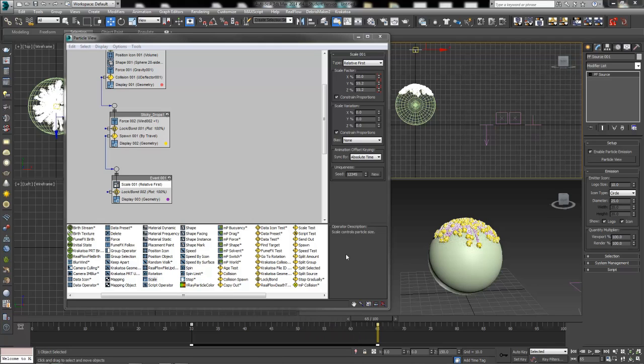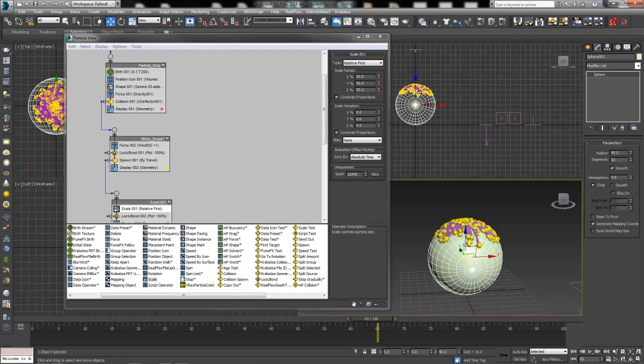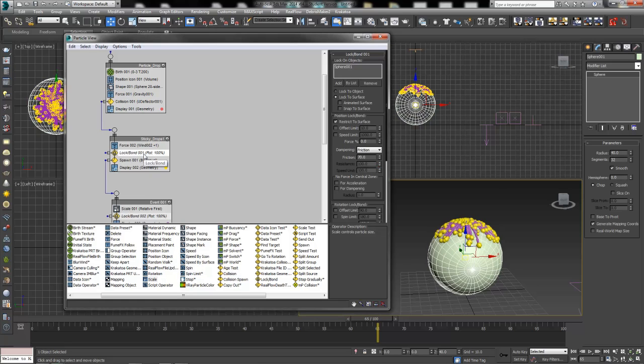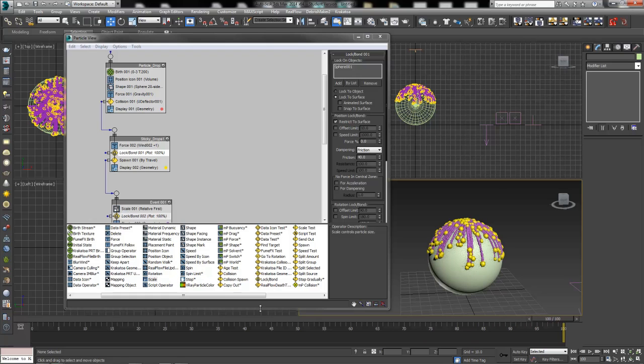All right, that is our particle effect. Now we've just got some tweaking to do here a little bit. Let's see. How can we make these guys fall a little bit harder, a little bit faster here? We've got the lock bond. Now remember, we made these an instance, so I only have to change one of them. And if I reduce that friction even more, we'll get them to maybe string down our sphere a little bit farther. And as they string down, they'll start drying, slowing, coming to a stop, and thinning out.